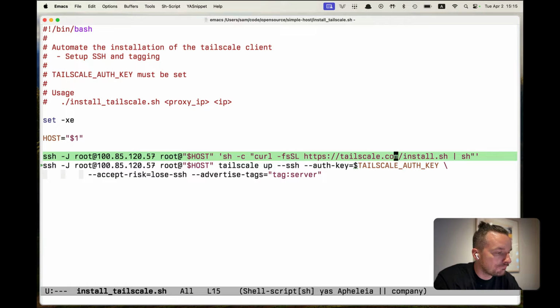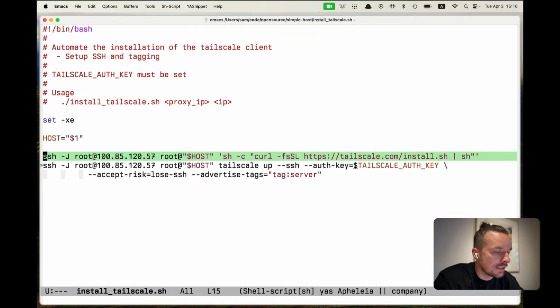So essentially, as you maybe remember from previous videos, we were SSHing to a jump box, and then from there, we were going around to the different servers to install everything. Well, if we have Tailscale, we don't need the jump box actually, because everything is going to be on its own virtual private network that we can all have access to and lock down however we want. So what we need to do is just install the Tailscale client, and